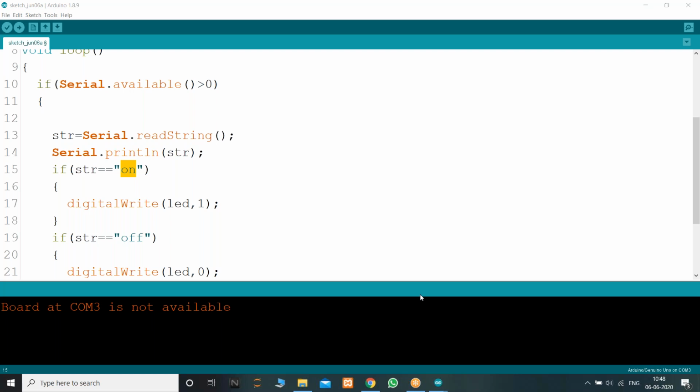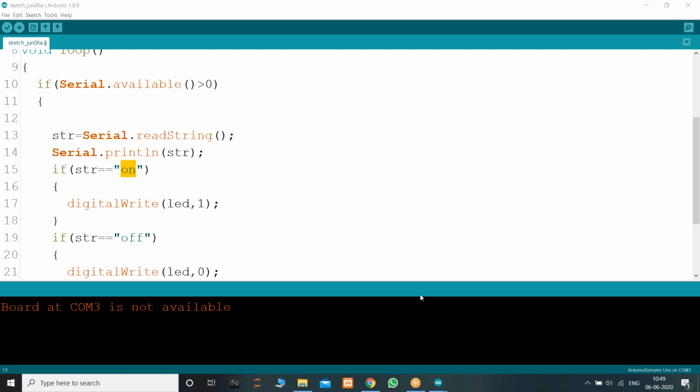For 3 LEDs, turning on and turning off requires 2 instructions each, right? So for 3 LEDs, I want you to define 6 instructions for turning these 3 LEDs on and off.